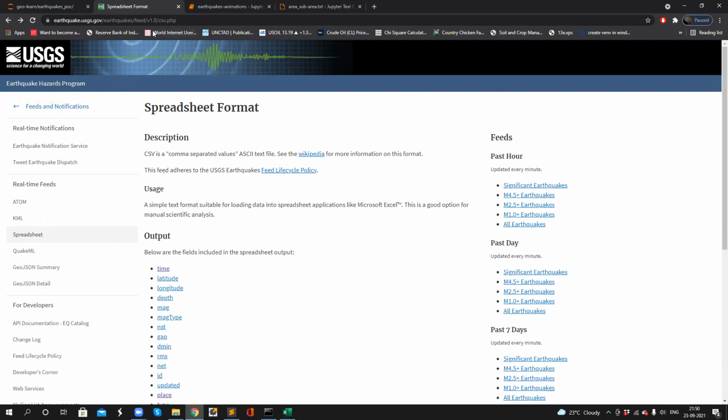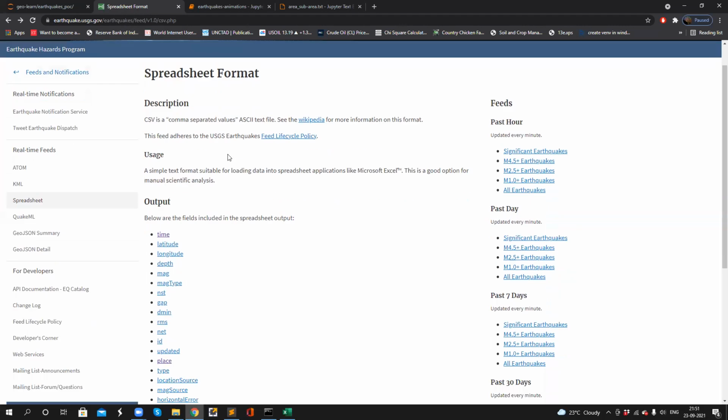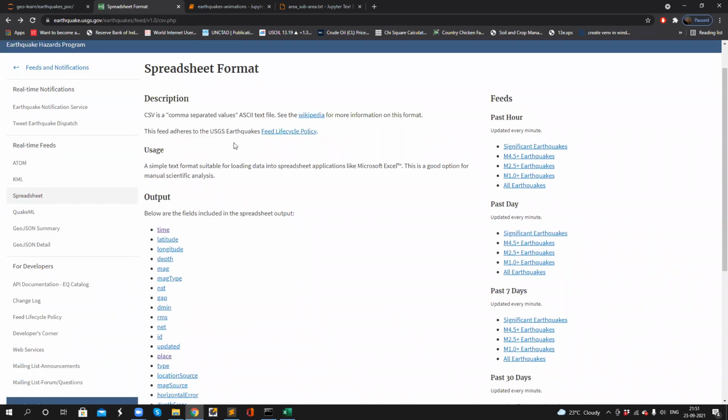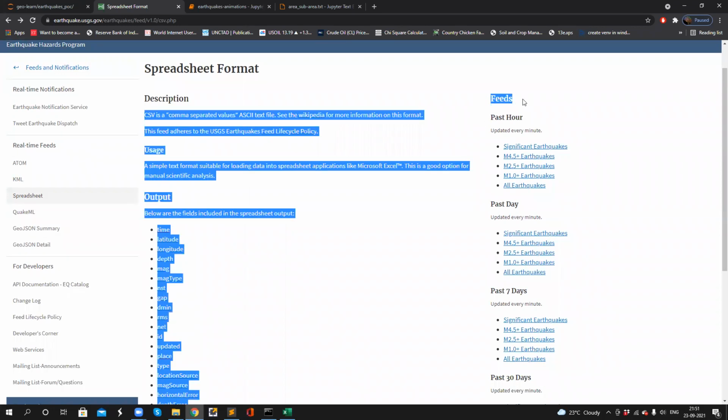As of now, we are on the data spreadsheet format page, which is the title of the page. Here we can see the description. Data is provided in the format of CSV, comma separated values, and we can see the feeds.